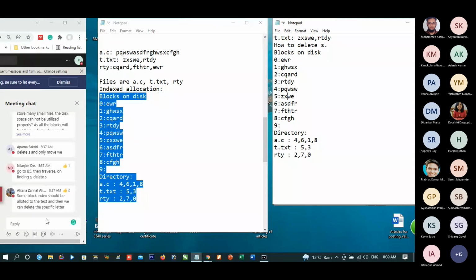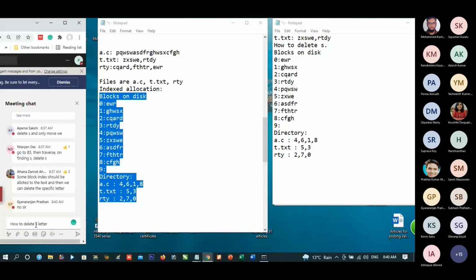Is this method of deletion of S clear to you? How to delete a letter? Delete that letter. John, why is it not clear to you?